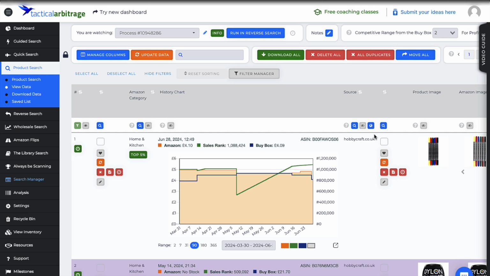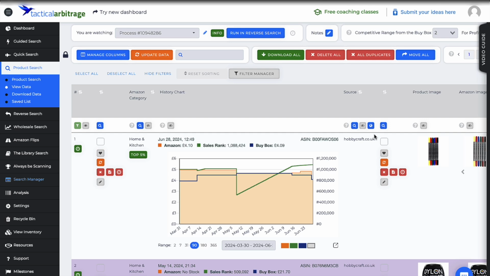And I mean, it's just going to take time. It's not necessarily going to make anything easier. So you need the tool that's actually going to help you. And of course, always do a deal analysis after you look at anything at all. But it just means that you can do a quicker analysis just to basically confirm that everything's okay with the product, as opposed to doing a full-fledged, big one. So we're just going to have a look at Tactical Arbitrage, the information that it gives on products,